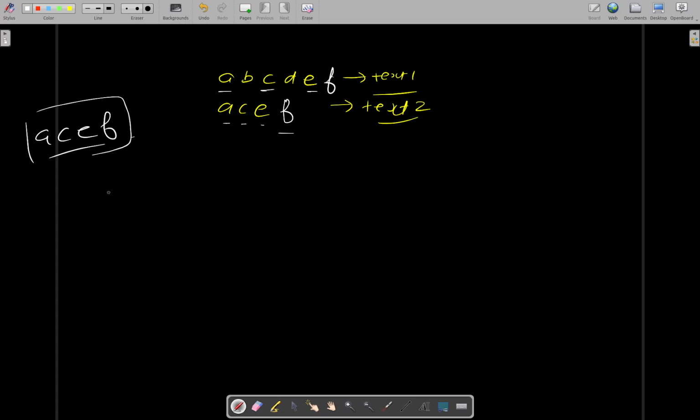Now there can be a subsequence which is something like ACE, and there can be another subsequence ACF. Although these two are not the longest common subsequence, but since in a brute force way,